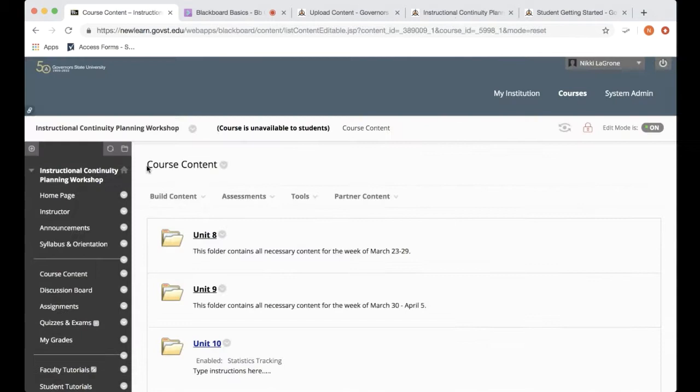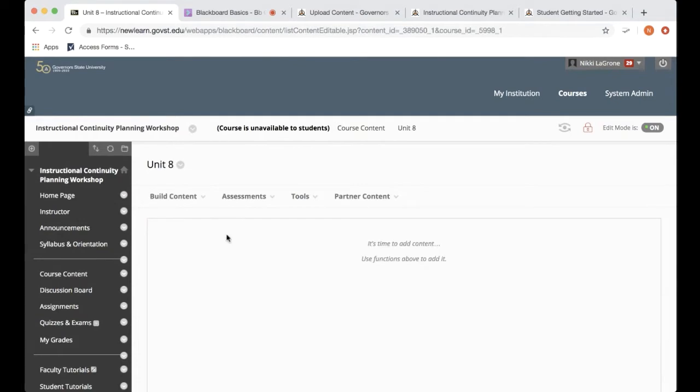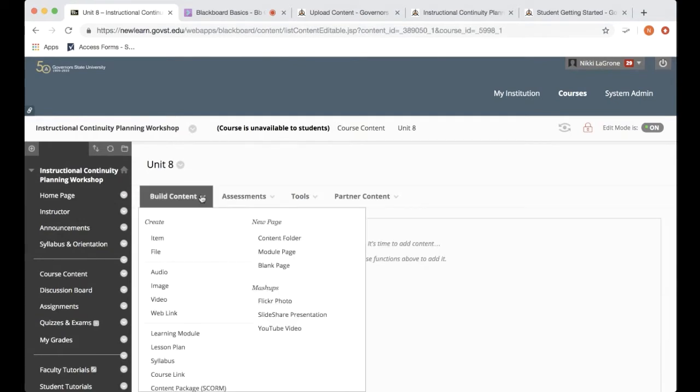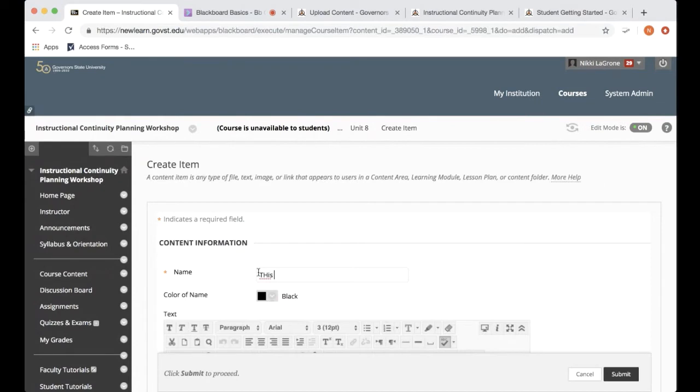Doubling back to course content because I forgot. When you go into a content folder and you want to add your content, there are two ways that you may want to add, and again, I'll show you a fully developed course at the end, but creating an item is going to create,